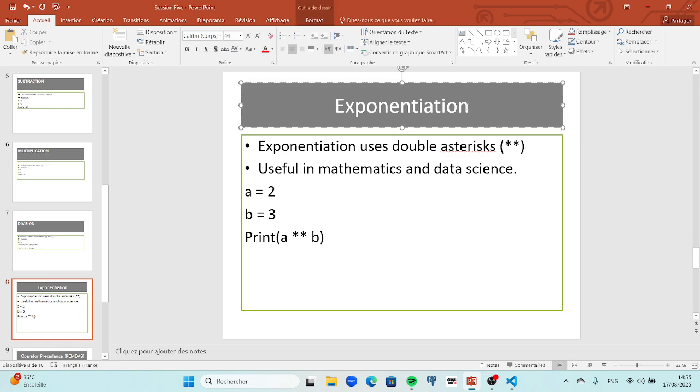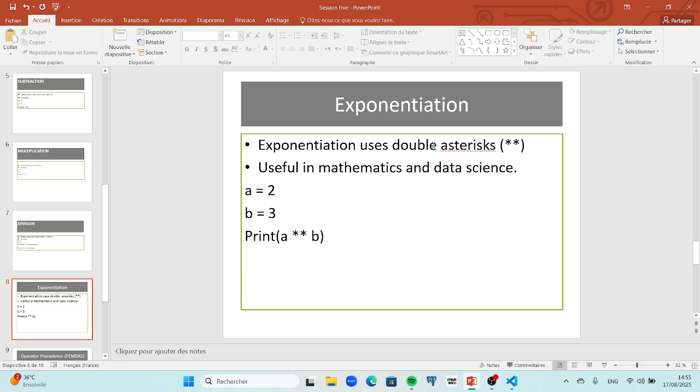exponentiation, we can also call it power. Exponentiation uses a double star. We use a single star to multiply numbers. When you use a double star, it means you use it for the power. Okay, so it is very useful. I mean exponentiation in mathematics and data science. It is very useful. For example,